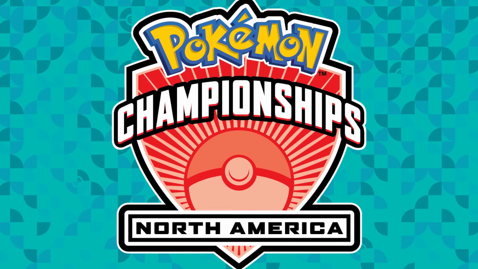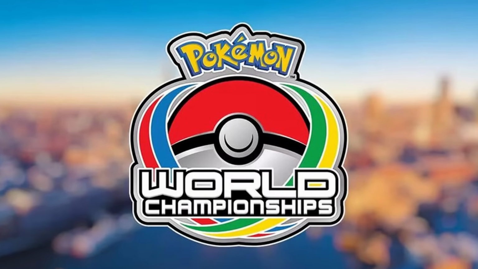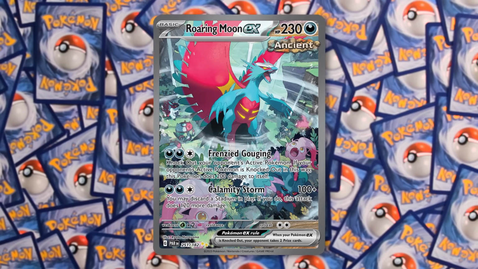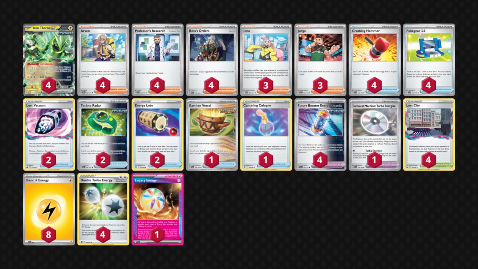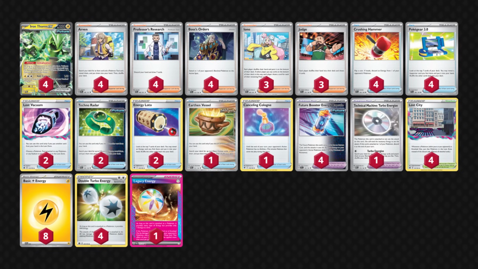International Championships. Now this deck was actually crafted by a very well-known Pokemon TCG player, a player who I believe has made it into Worlds every single year ever since Worlds has existed. If that rings a bell, we're talking about Ross Cawthon. Dr. Ross Cawthon has been most notably known for his Roaring Moon EX build, which just popped off, and then when people started playing that, they just started dominating with it nonstop. And so here's a look at Ross's Quad Thorns list, and as you can tell, the only Pokemon is Quad